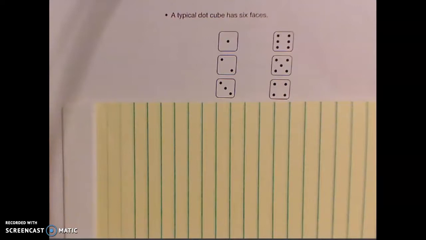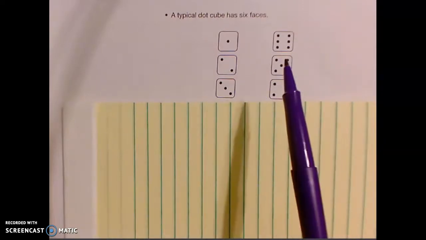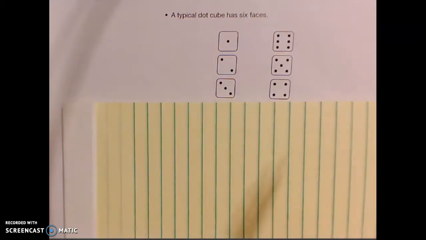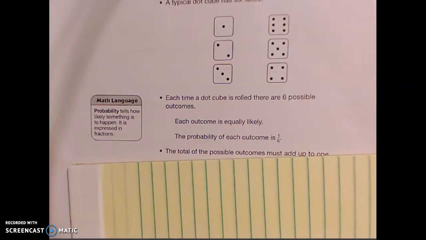Probabilities are going to be fractions. So if we repeat an experiment over and over, we can use probability to predict the number of times an event will occur. So if we have a dice or a number cube, a typical dot cube here, it's going to have 6 faces marked with dots representing the numbers 1, 2, 3, 4, 5, and 6. So if we want to look at an experiment here, let's say as an experiment we can roll a dot cube and record the upturned face